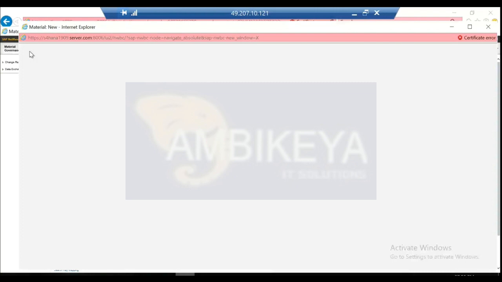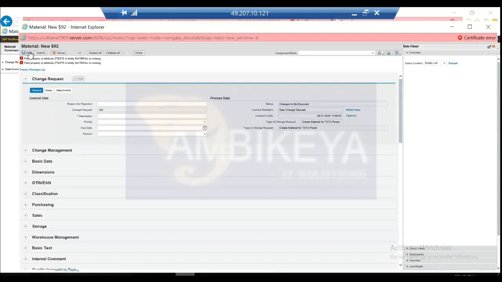Okay, so whatever the required thing, now see, field property of substitute Z of entity, this one is missing. Okay, so it is telling some error is there. Maybe someone has configured something, and this is from the data model level. I will tell you in detail how to rectify this kind of error, where to check this and everything. Okay, so now what you will do, you will put the reason why you are going